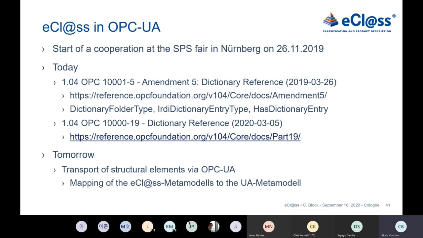Furthermore, this is just one possibility for the data exchange in the digital twin and the usage of E-class in a digital twin. So on file level, in the future, it has to be exchanged. And here, E-class cooperates with the OPC Foundation, and the OPC Foundation offers a specification, so-called dictionary reference right now. And this dictionary reference allows to integrate E-class in the OPC UA world. So it's not only integration in different file systems, it's also the integration in communication